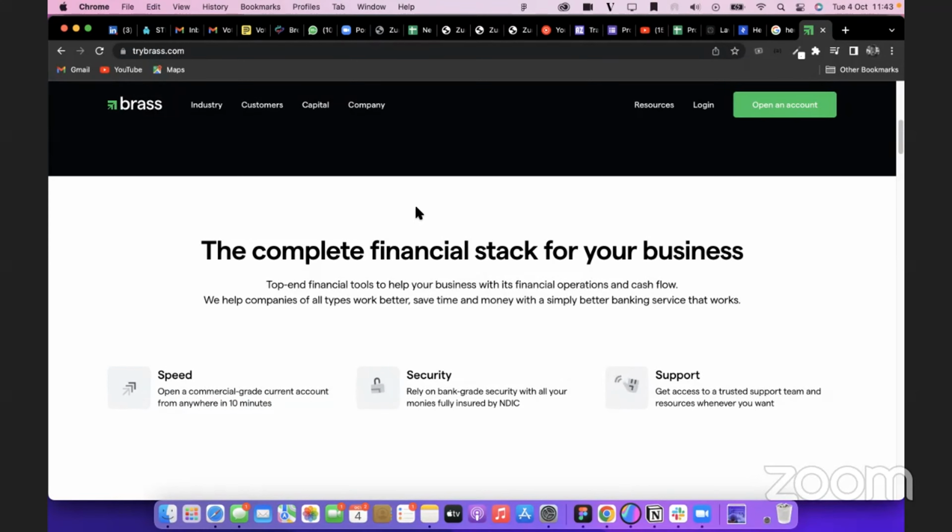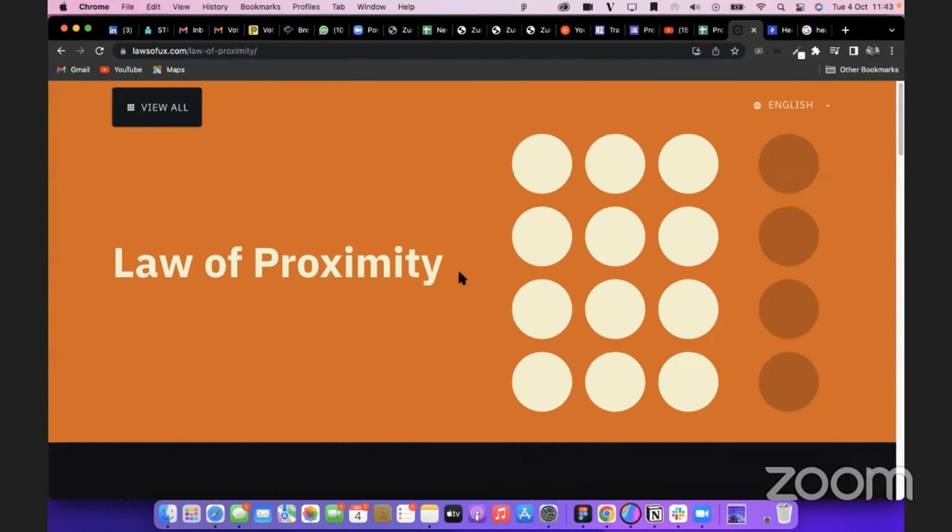So when you are designing a platform, when you are looking at the next set of information your user would get to after an initial information, you must basically be thinking of what is in their mind, what the thing is that they're going to need to see. So the law of proximity is going to help you to categorize the information that is close to each other, or that should be close to each other, basically. All right. So that's really that.